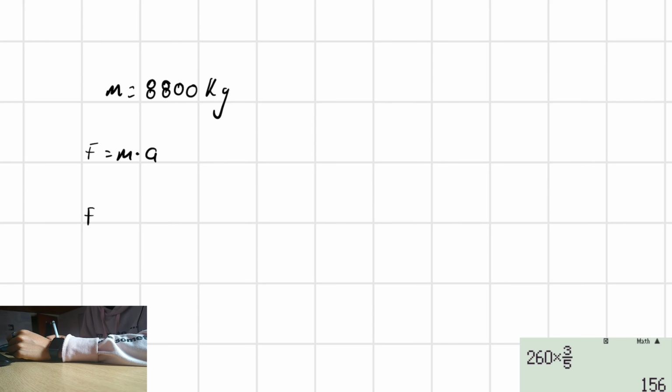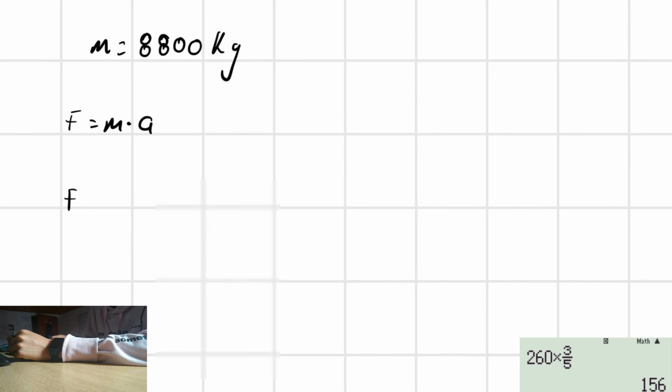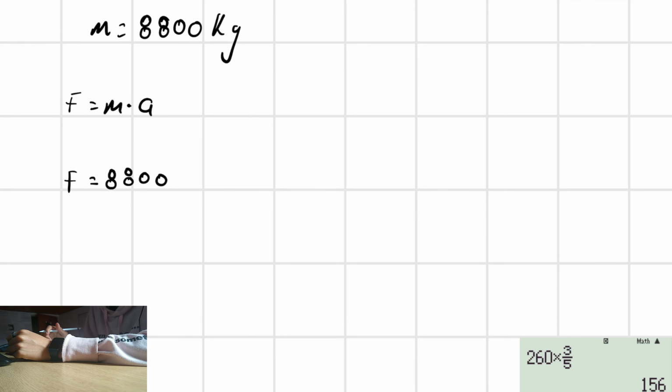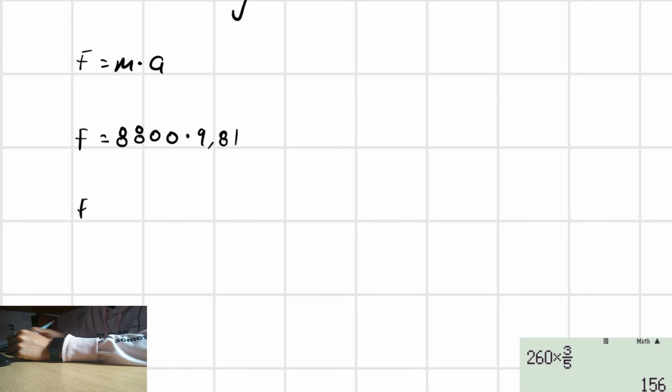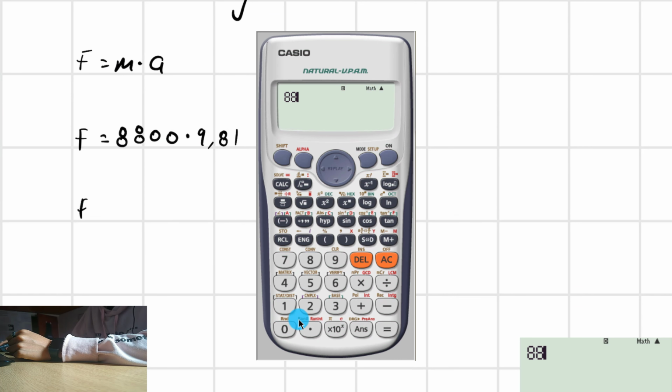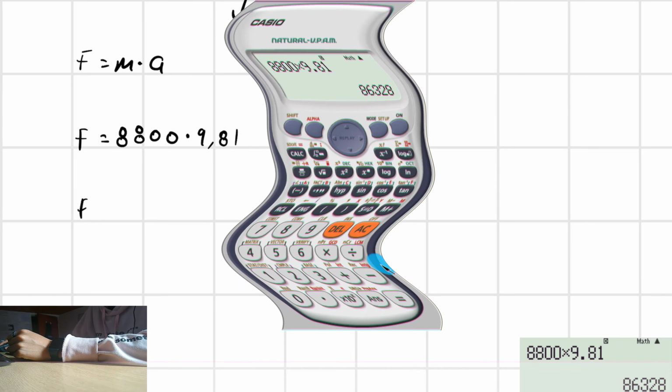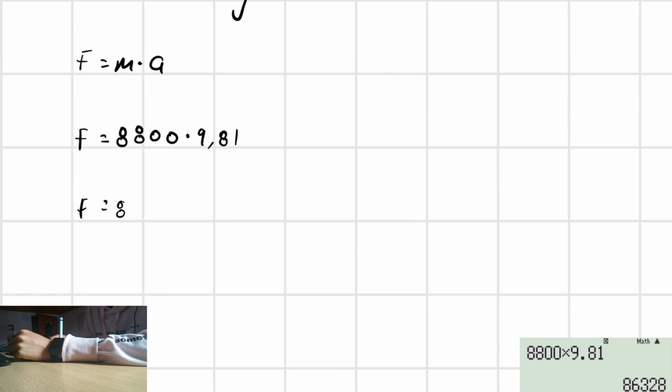So the force that is exerted by the weight on the missile is going to be equal to 8,800 multiplied by 9.81. At the end, this is going to be equal to 86,328